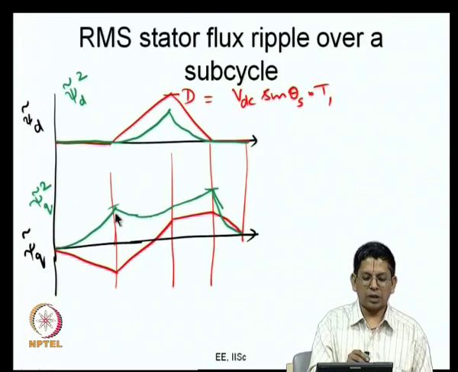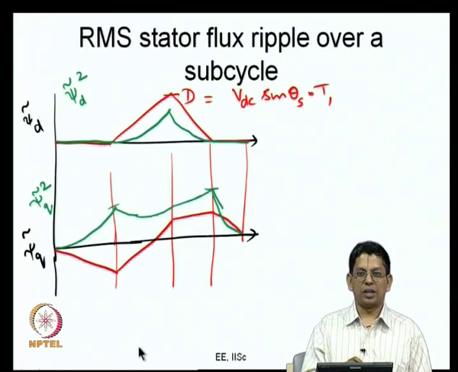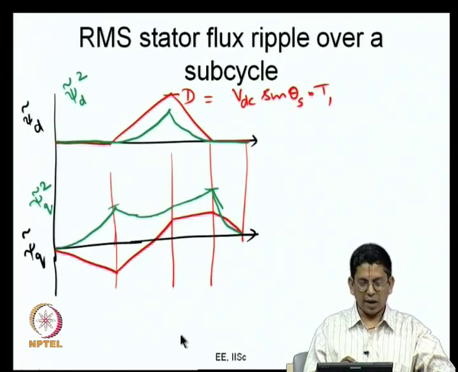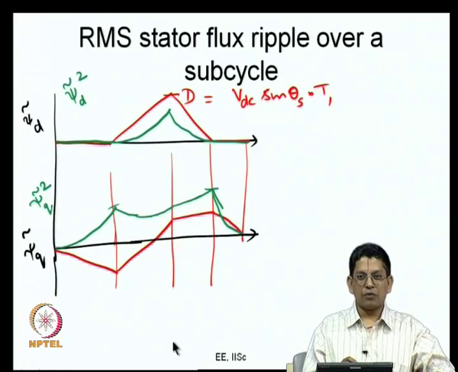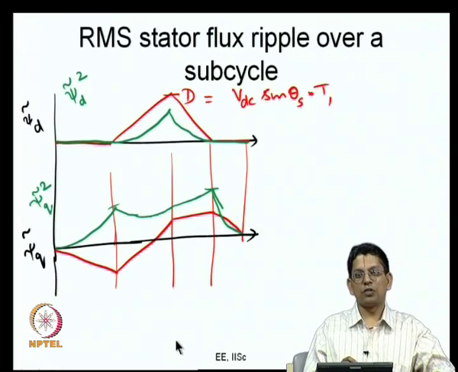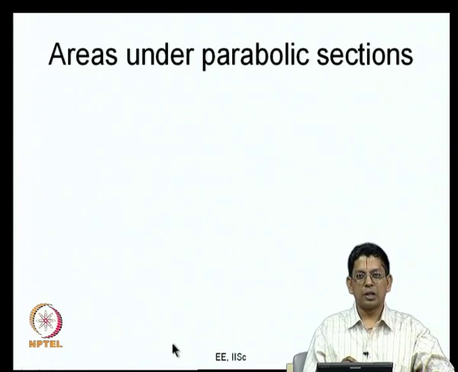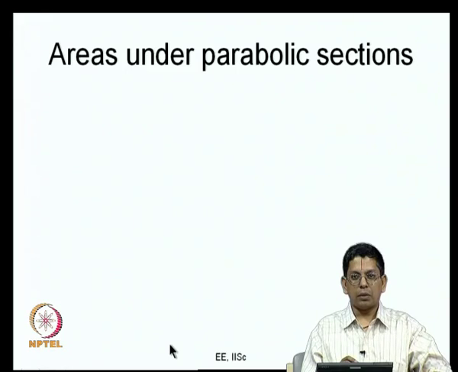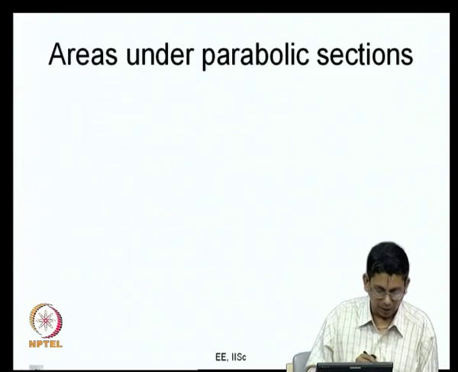They are all parts of some parabola or the other over the different intervals of time. So, now we just have to handle this. What we need to do is calculate the mean value of this. That is basically calculating the area under that. To do that, we need to integrate, right. So, we have to calculate the area under these parabolic sections, which is what I had briefly indicated, the basic idea behind that, in the last class.